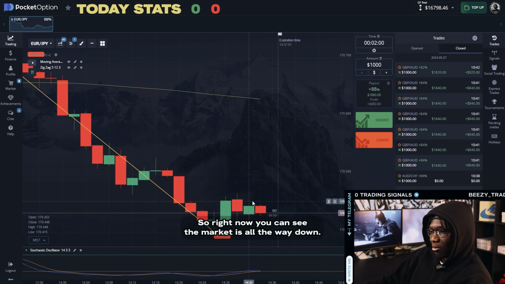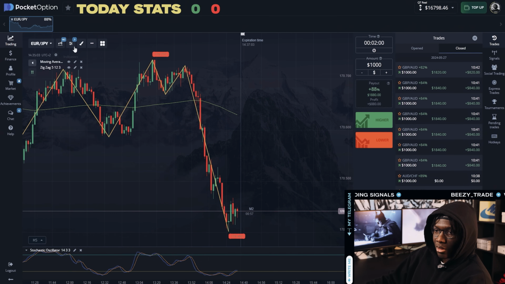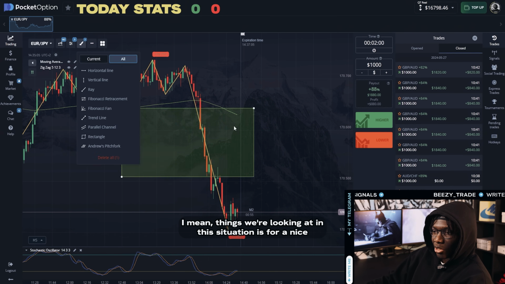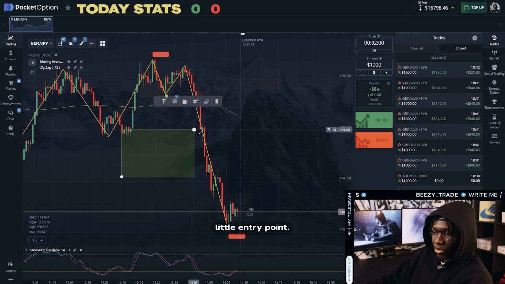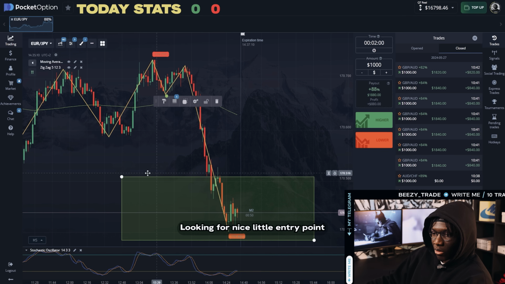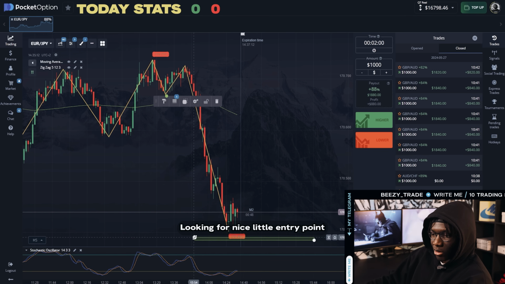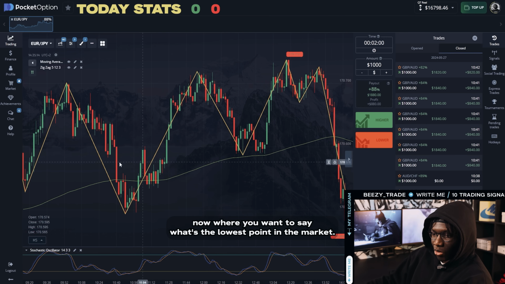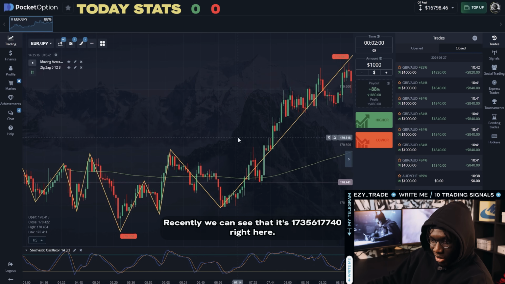So right now we can see the market is all the way down. One of the things we're looking at in this situation is a nice little entry point. Now right here, we want to find what is the lowest point in the market recently. We can see that it's